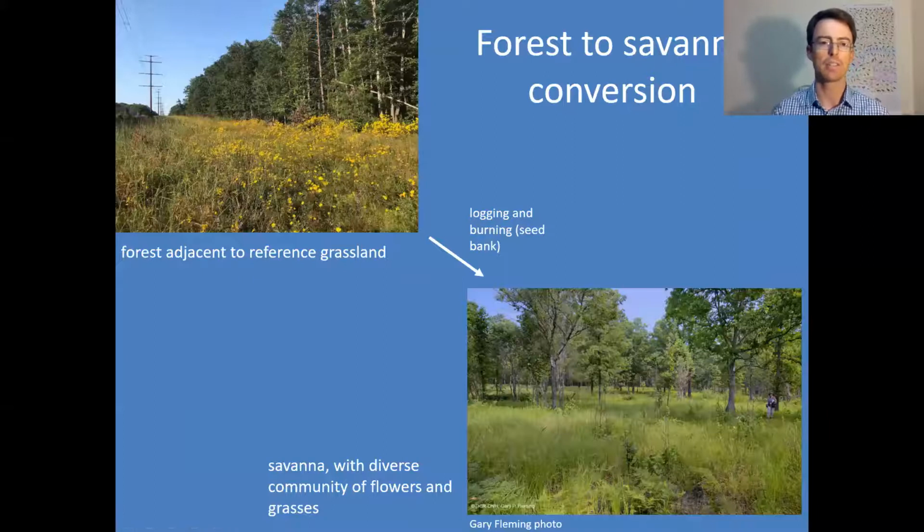And the third method is one that hasn't been tried very much, but this is one that I think is really exciting, and it's converting some small areas of forest to savannas. And in the top picture, this is a powerline clearing in Culpeper County with a really diverse plant community in the powerline and a scrubby oak forest next to it. And this is on a clay hardpan soil where trees don't grow very well anyway, and it's a very fire-prone